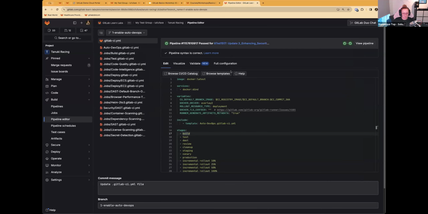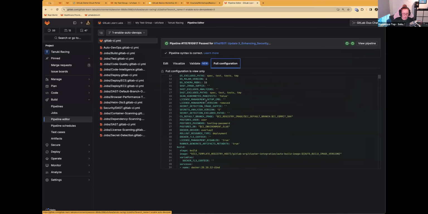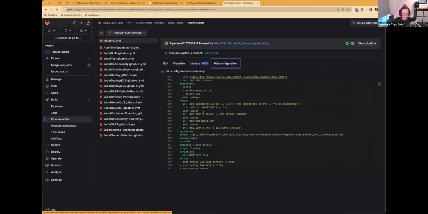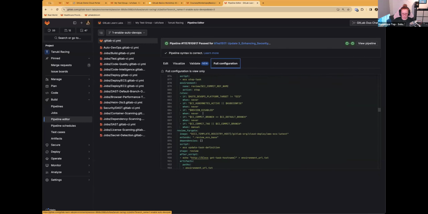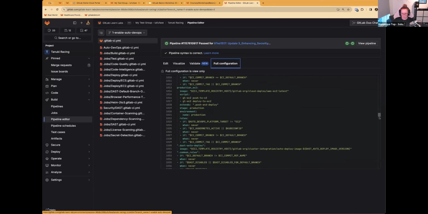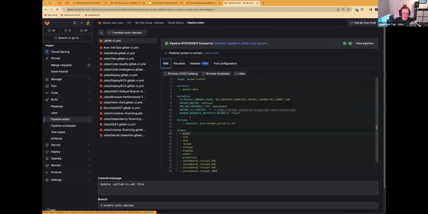So let's do that. Let's go and have a look at the full configuration. You can see that there's a whole load of lines of extra bits and pieces that we haven't had to type ourselves, which is great. If you wanted to just get started, it's more than 2,000 lines of code just by including a template that we provide for you, which is great. So that's definitely something we can